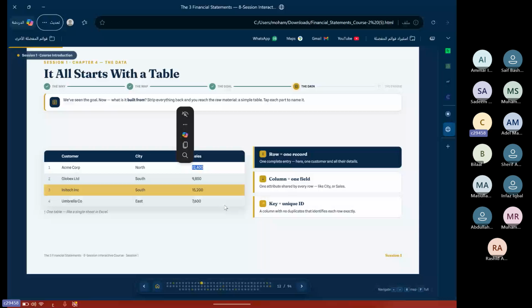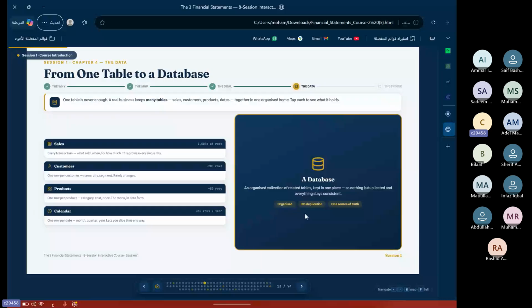So we need to have something called a database. We need to move from one big table to an organized database. Because of this database, we can answer any question. Anyone can ask us about it. Anyone can say, I need your sales by category. No, I need it by manager name. No, I need it by the month of March. No, I need it year over year, month over month, quarter over quarter. So you have to answer all of these questions by one click.